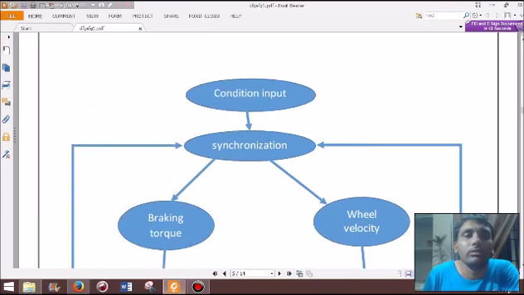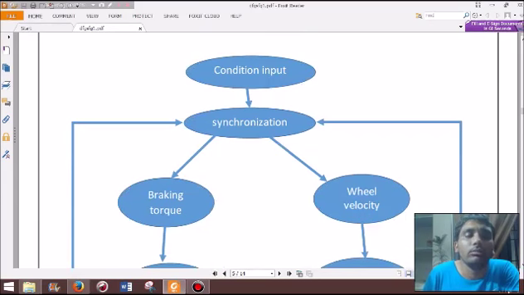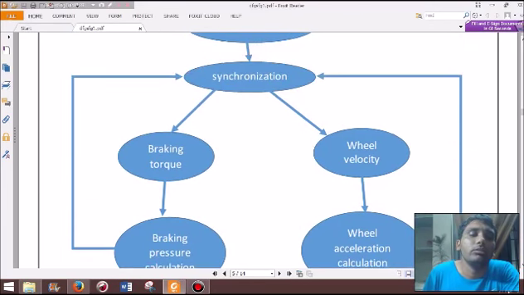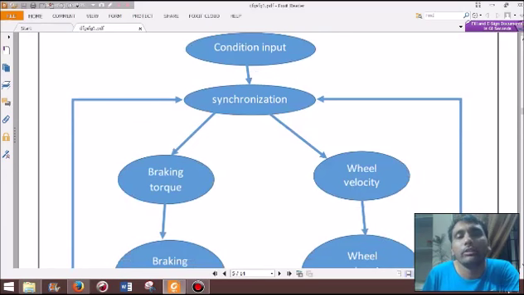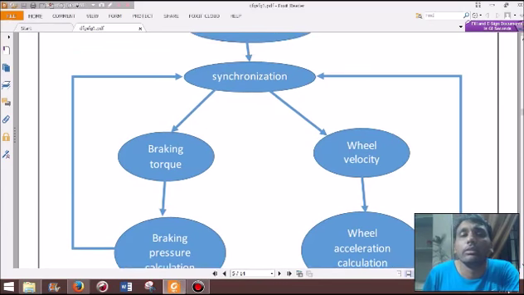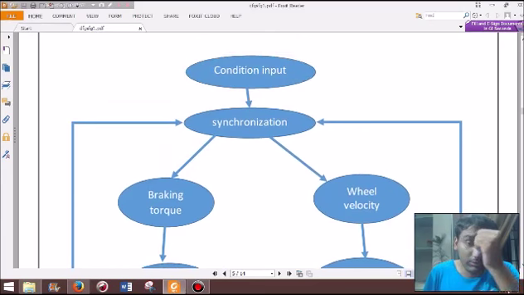In this, the control will flow with this brake module. Synchronization will be there. Brake torque will be applied, and the brake pressure applied to all the wheels will be calculated. If the brake is applied, the control of this pressure will go to this value and it will be synchronized, and compared with the synchronized value. Acceleration will also be calculated, and based on the wheel velocity it will control this module, and wheel acceleration will be calculated, and based on it will be synchronized with the pressure, and as soon as the brake is applied,